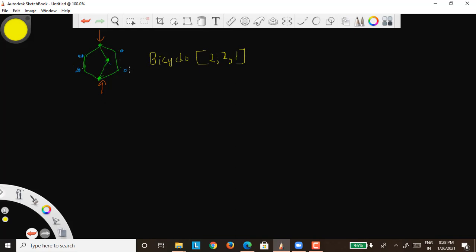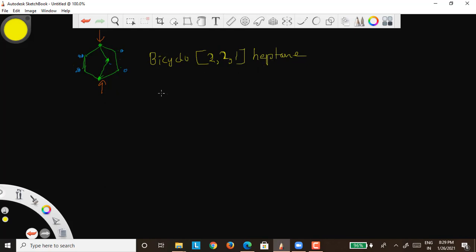And 2 2 1 you have given, and how many carbons does this contain? 2 plus 2 is 4, plus 1 is 5, plus 2 bridgeheads is 7. So if it is 7, then we give heptane. So this is known as heptane. So for a bicyclo compound you write bicyclo, and how many carbons does this ring contain? 2 carbons on the right side, 2 carbons on the left side, and in the middle 1 carbon. So 2 2 1. And how many total carbons? 7 carbons, so heptane. So bicyclo 2 2 1 heptane. Okay.